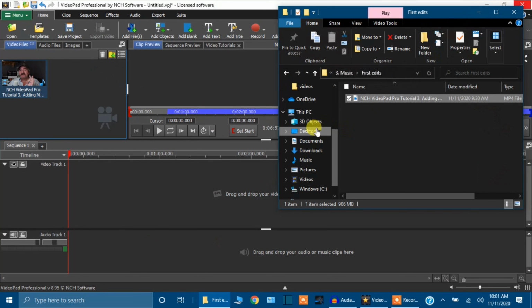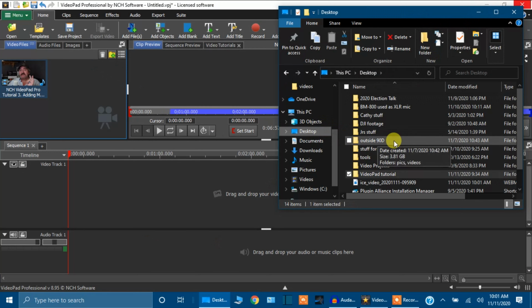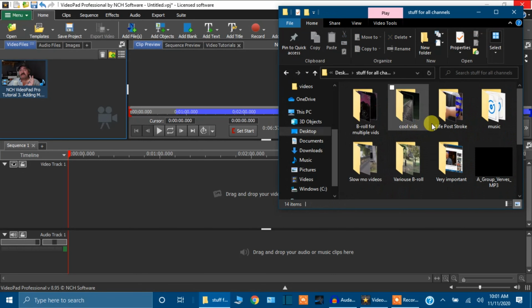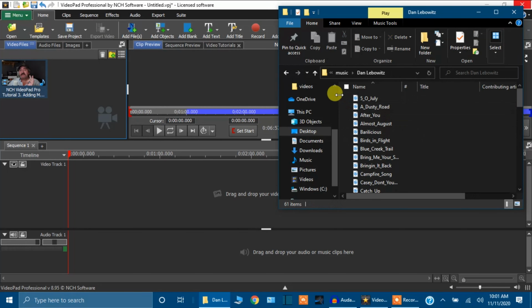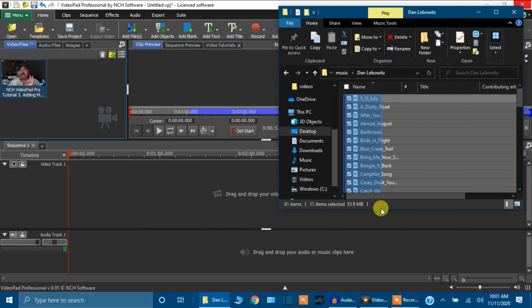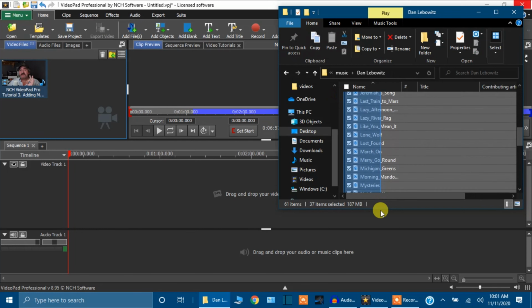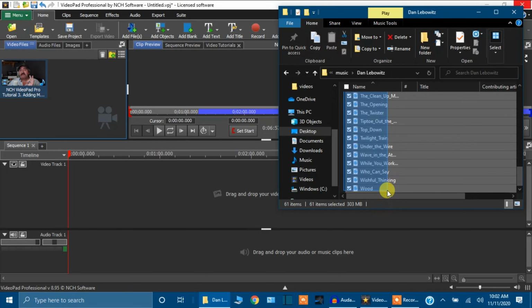So I'm going to go back to my desktop. I'm going to go to Stuff for All Channels. I'm going to go to Music. This is where I keep all my music. I like Dan Leibowitz, and I'm going to show you where I get all this music from. I'm just going to copy all of it, and we are going to click and drag and drop it in there